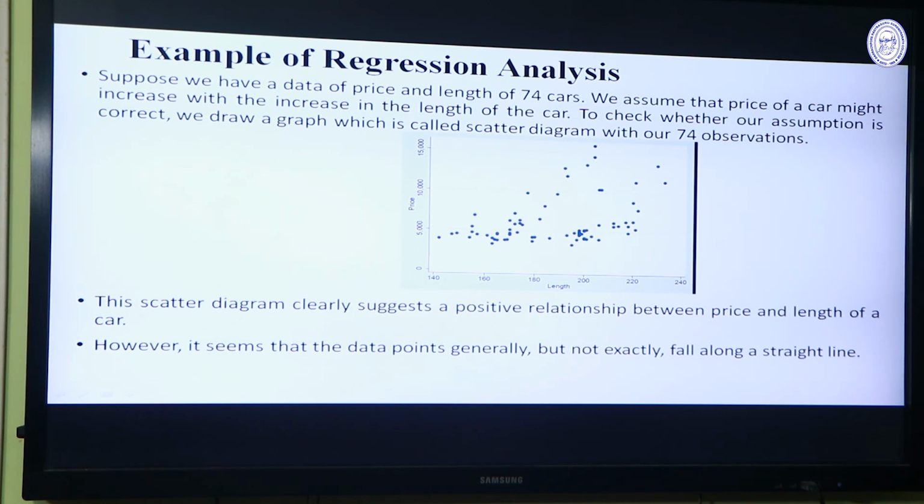Now, what is the first impression from this scatter diagram? That we can say that it is loosely upward rising. That means as the length of the car increases, the price of the car also increases, but it is not an exact positive relationship. It suggests that there might be a positive relationship between the price and the length of the car, but it does not fall on the same straight line. All the points do not fall on the same straight line. But